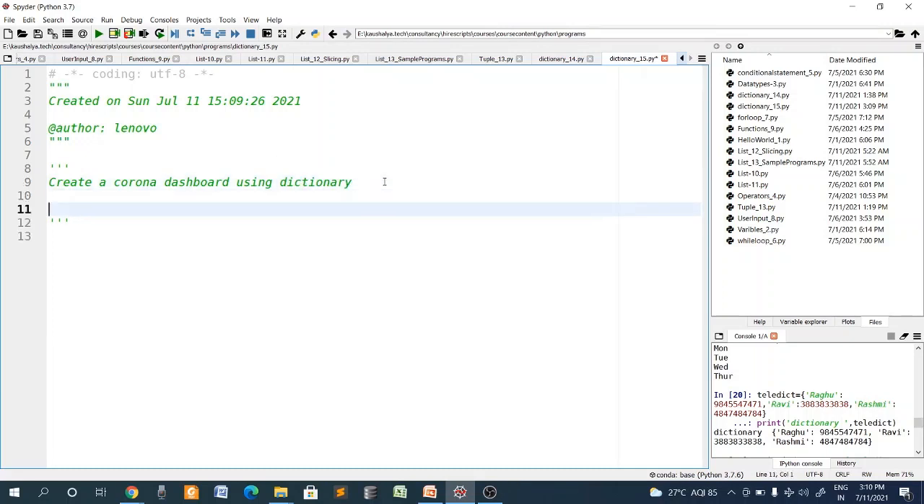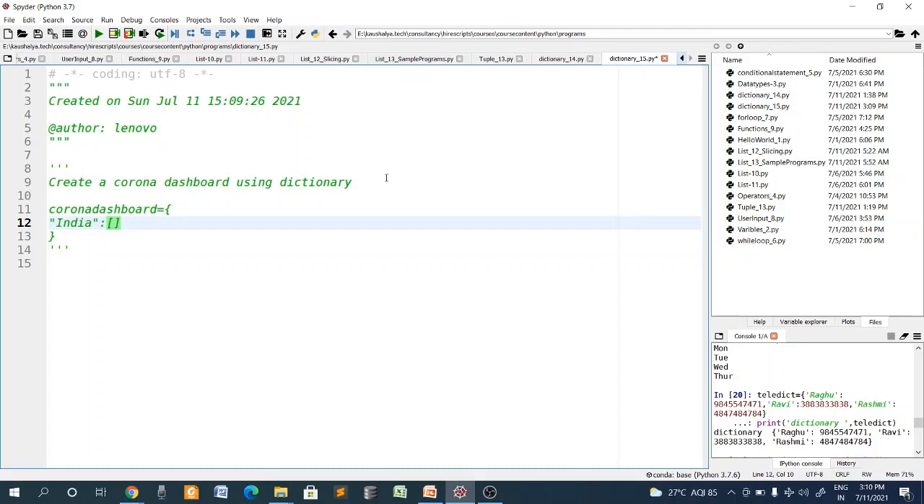That dictionary would look like, say, Corona dashboard. It is a key value, right? So let us say we will create it country wise. The country is, say, India, and then the value is like a list: the total number of cases, let us say I'm taking 1 lakh, then the number of active cases, the number of recovered cases, and then the number of death cases. So this is how it is, and then comma, and then the next country,